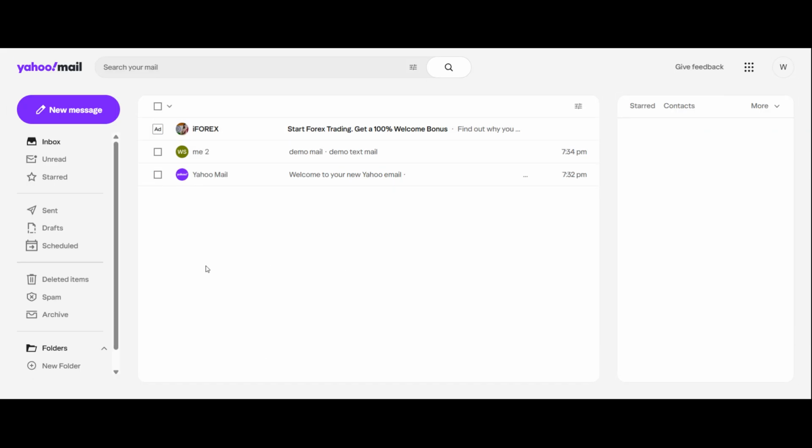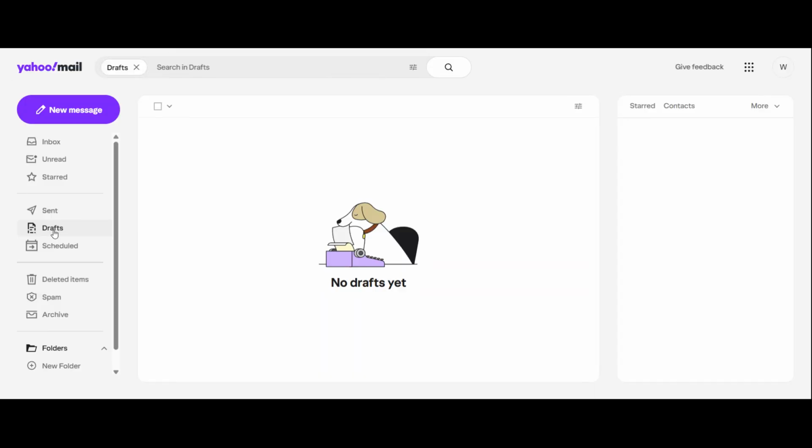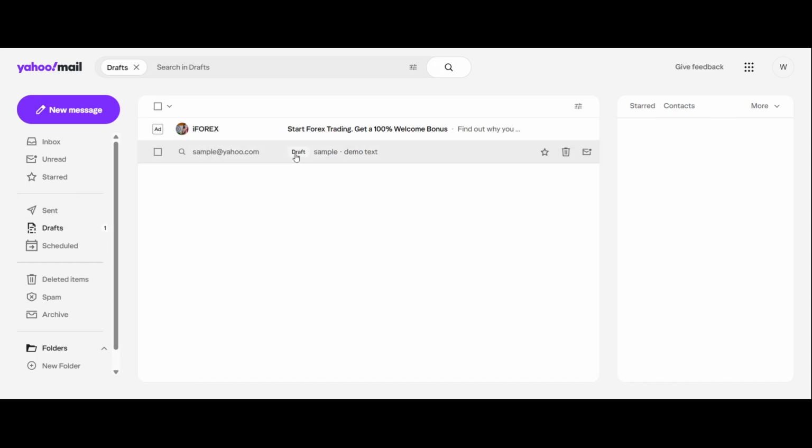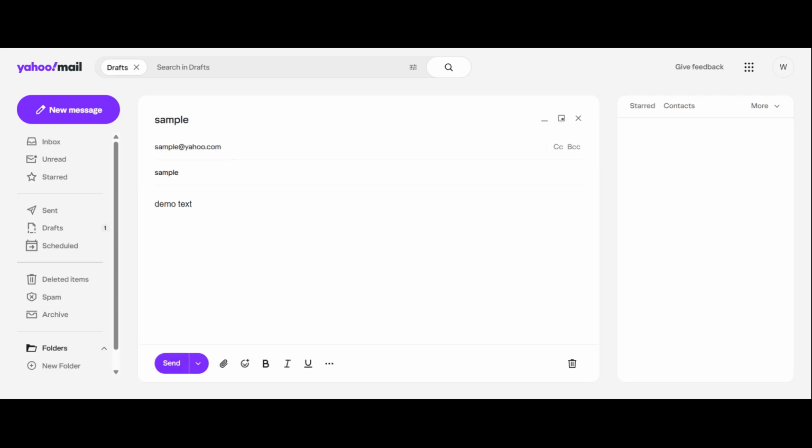To find your saved draft, look over to the left-hand menu and click on the Drafts folder. Once you open it, you'll see all your saved draft emails listed there. Just click on any draft to reopen it and continue editing or send it when you're ready. And that's all there is to it. Yahoo Mail makes saving drafts super simple by doing it automatically in the background, so you never have to worry